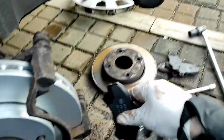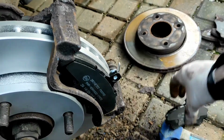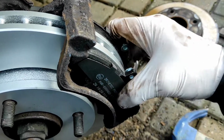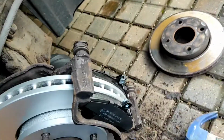Yeah, once you've done that, you just want to slide the pads in like that and just make sure they go in nice and easy. You should be able to just do it with one hand like I've just done, like that. So that is that. And then with this,